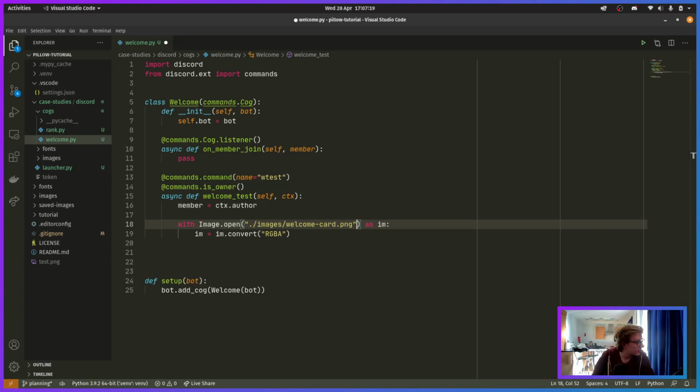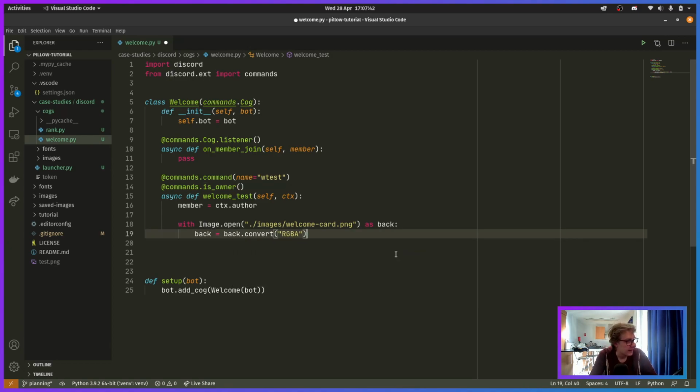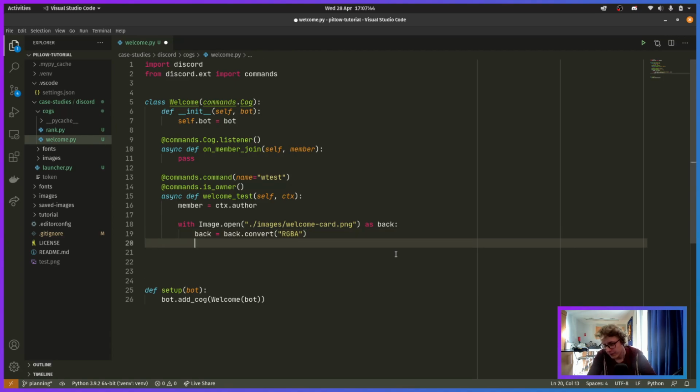What am I trying to look at? I've completely forgotten what I'm doing. Oh yeah, I need to load the bot back up. So we had... Okay, so yeah, we have the back, back equals back.convert, and then